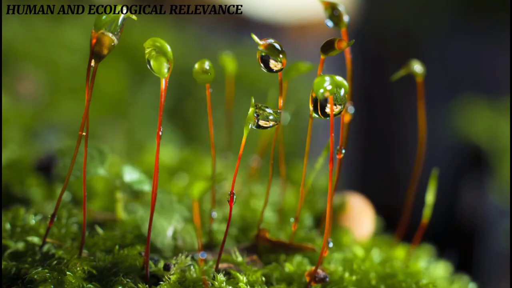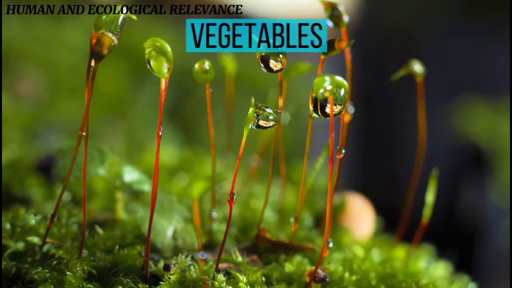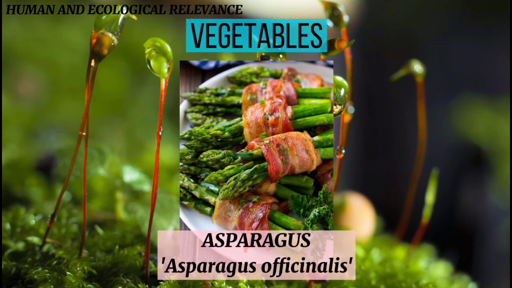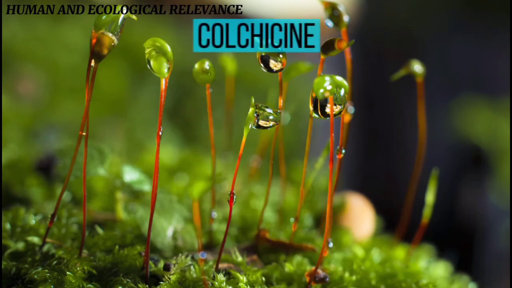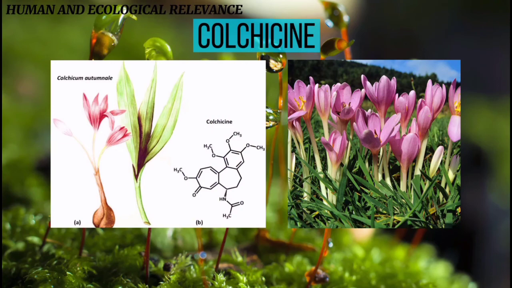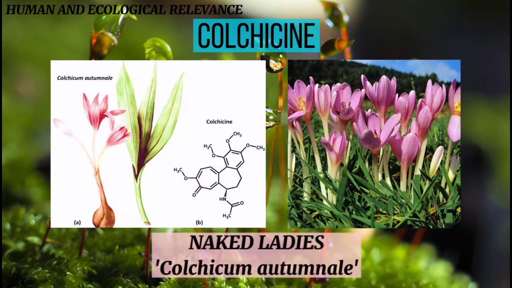You can also find in this family varieties of vegetables. An example is asparagus. Its young shoots are used as a spring vegetable. And lastly, colchicine, a medication used to treat gout and Behçet's disease. This kind of medication can be found in colchicum or the